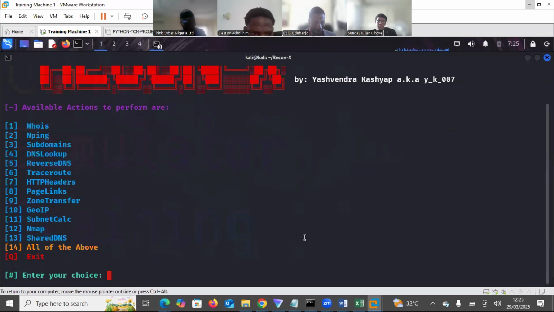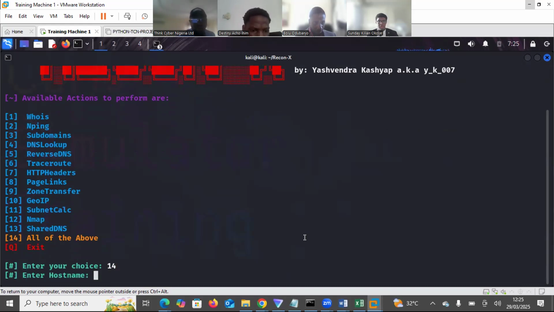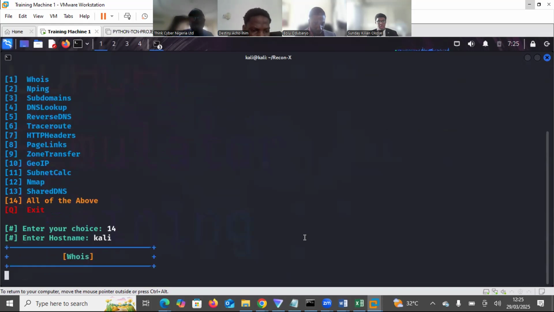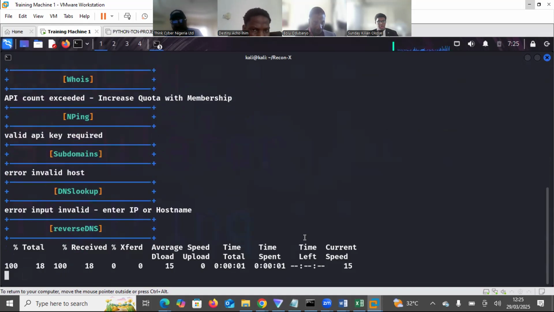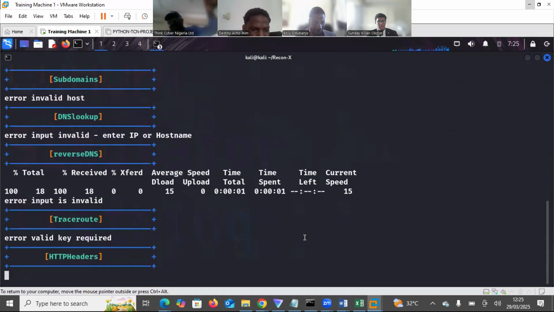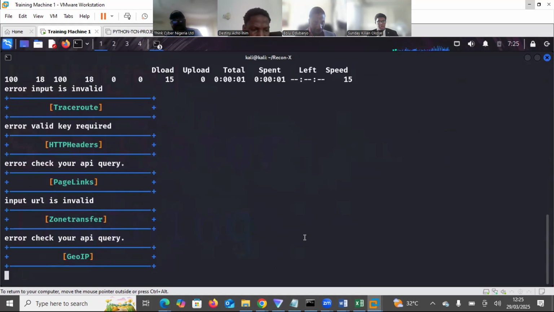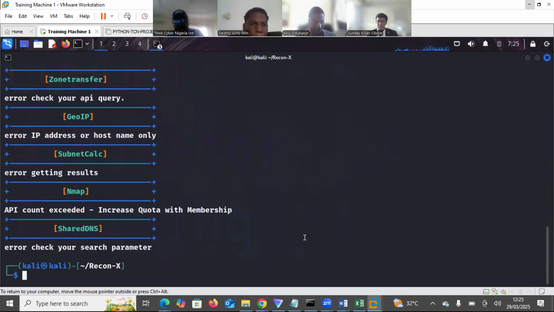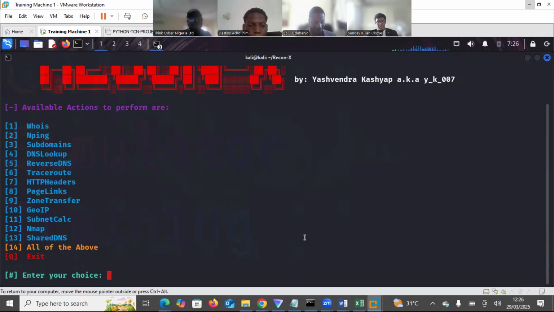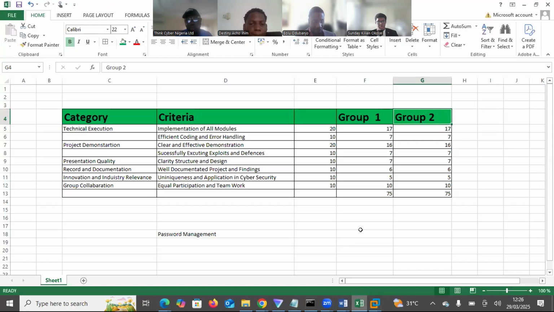Now, if you come here, let's just choose 14. I'm not here to demonstrate, I just want to show you. So if I enter, let's say I enter Kali, host name, it performs all those tasks you're doing. You understand? So you're talking about enhancement. Somebody might say, I want to actually just check this, or check that. Do you get it clearly? Good. So you see, it actually does everything. However, it has the option to just do only one. Do you get it? So here, I could call it a tie